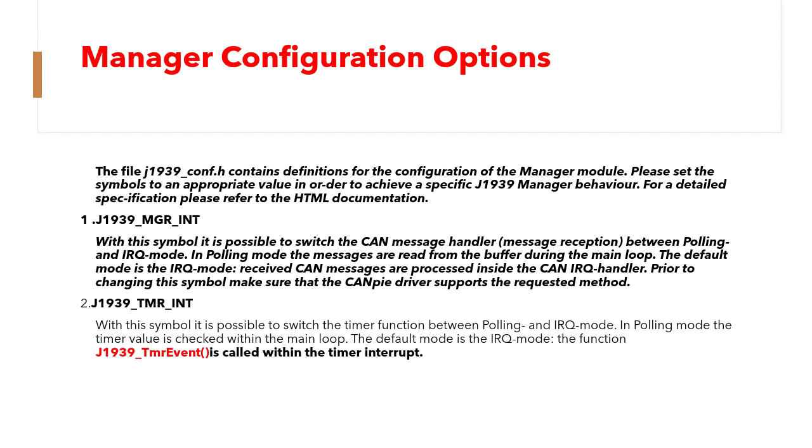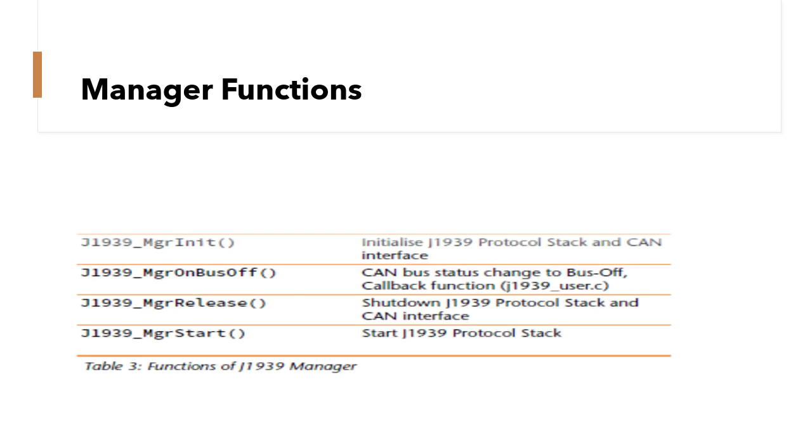Okay, so let's see what are all the manager functions available apart from this symbol. The manager functions are prefixed with J1939 underscore mgr. From here on, I will not repeatedly read out J1939 underscore mgr; I will read straight from the function name or method name. So here are some of the